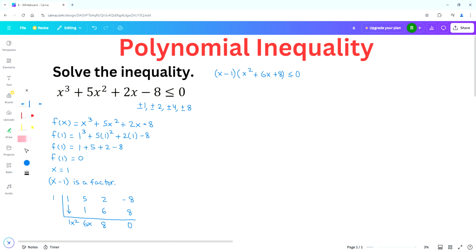Now we can factor it further. We can use simple trinomial factoring to factor x squared plus 6x plus 8. We have to find two numbers whose sum is 6 and product is 8. The numbers are 4 and 2. So the fully factored form of the given inequality is